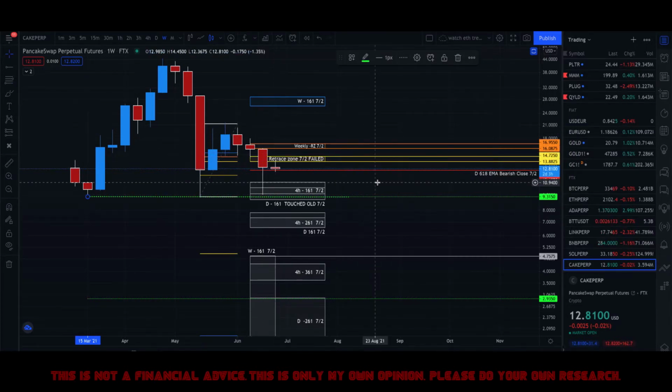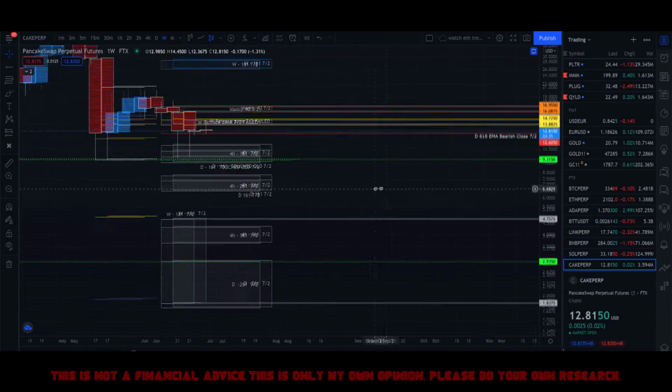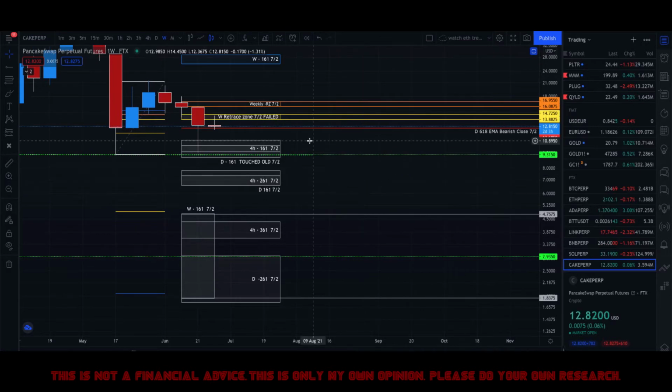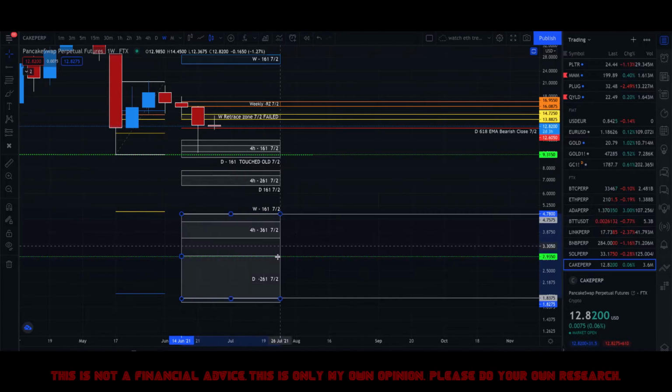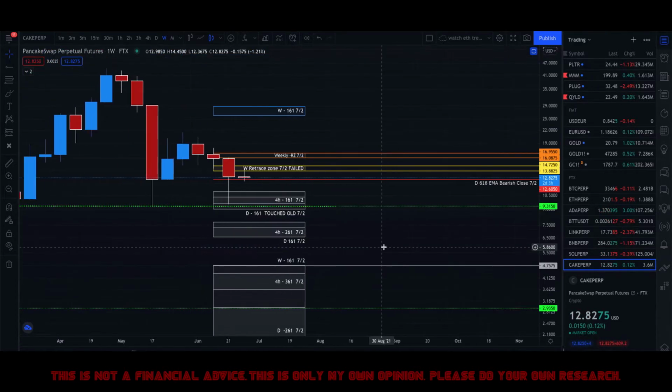We closed under that, which is a bearish move, which would usually when we close under the 618, we go to the extension or the next level after past the 618 zone, which is the 1618 extension zone over here on the weekly time frame, right? So we closed under the 618 on the weekly time frame,